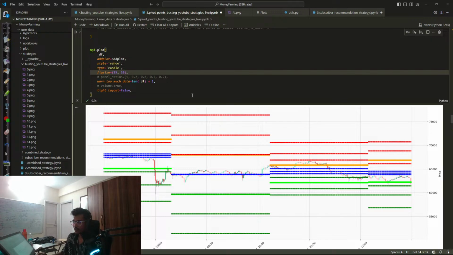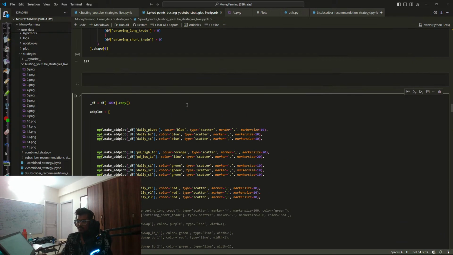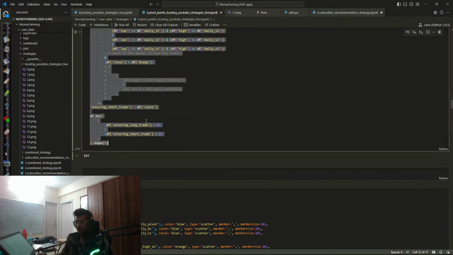Okay, so I'm gonna do it very simply: I'm gonna long when the market is around support and short when the market is around resistance. Okay, so in order to do that,